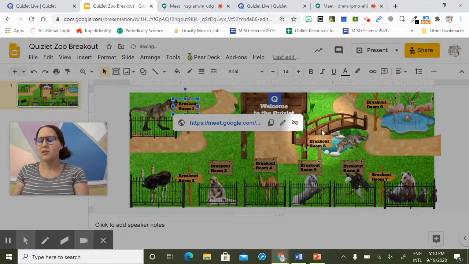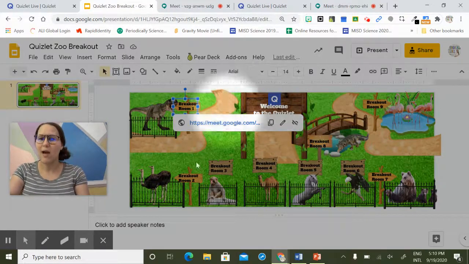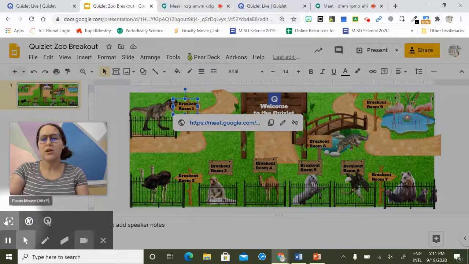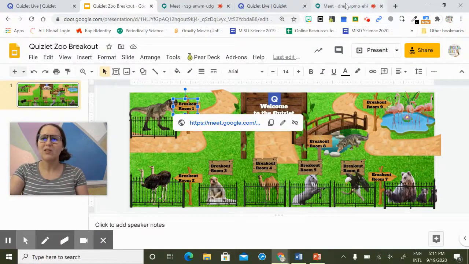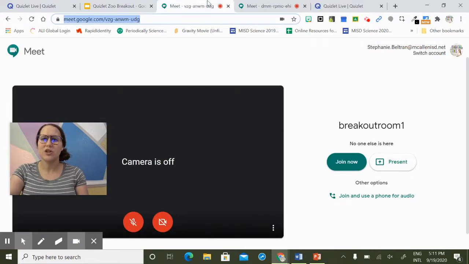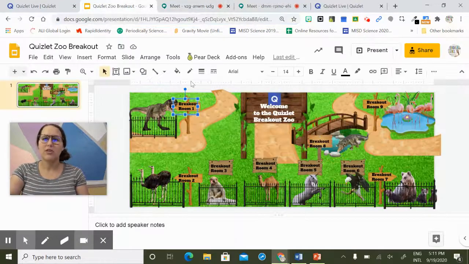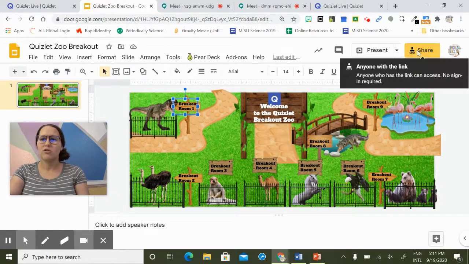You would do the same process for however many groups you have, depending on the number of students in your class that you're running this Quizlet Live game with. Once you have that accomplished, you are going to be sharing this with your students in order for them to join the breakout rooms. So in order to do this, you're going to share,